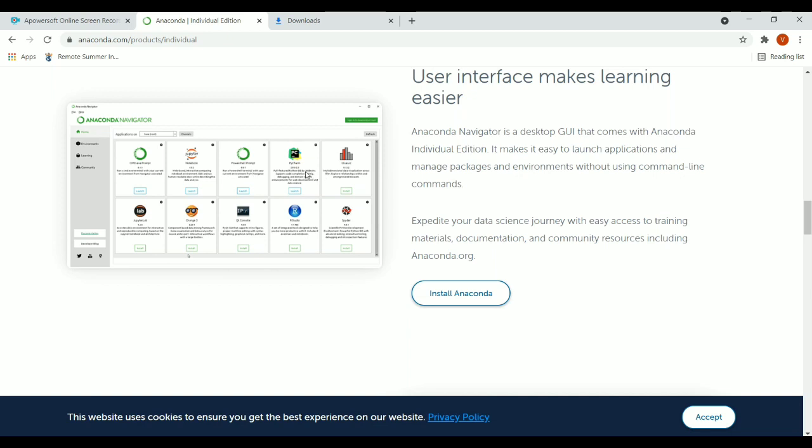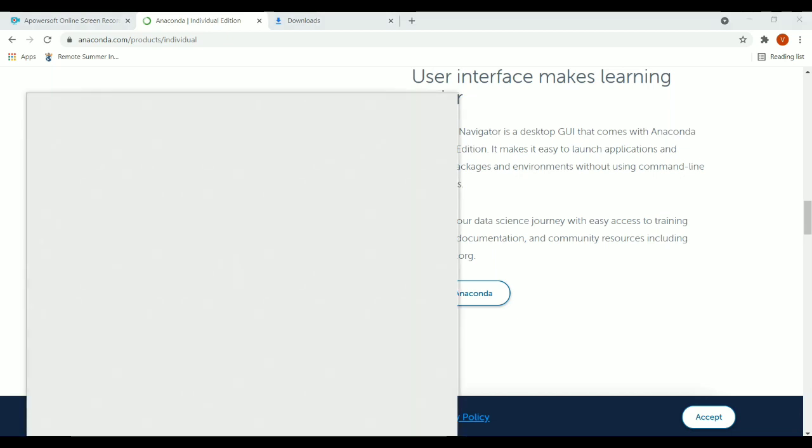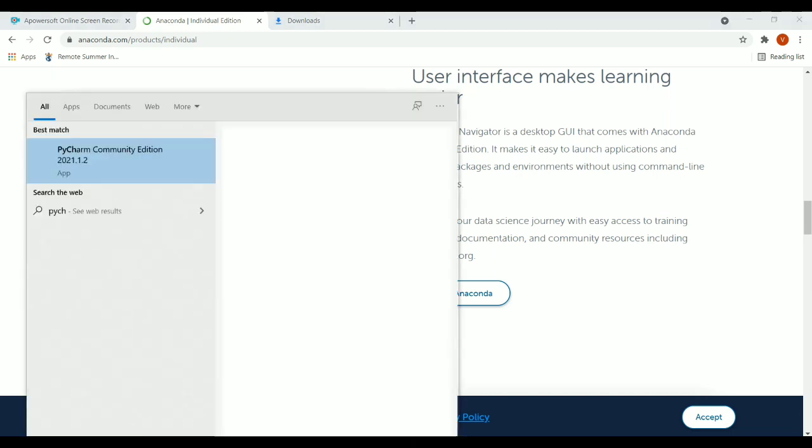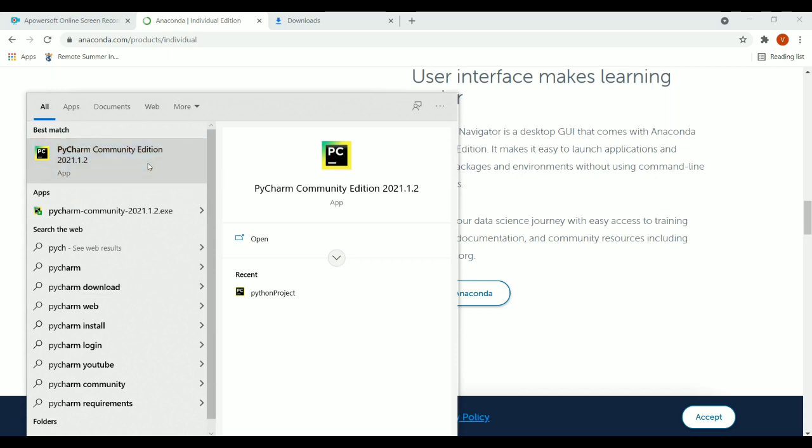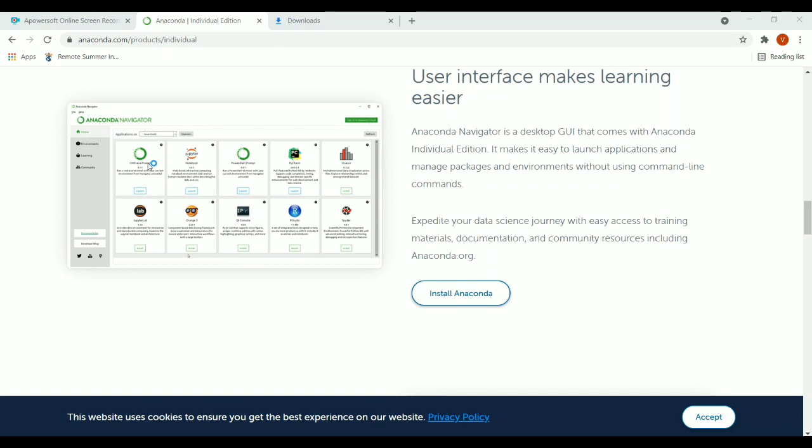This is for PyCharm. Again, PyCharm is one of the editors. Similarly for Java, we use a different editor. Similarly for Python also, PyCharm is one of the editors. You can also see PyCharm. I have installed PyCharm also, so I will show you that too. So we can see PyCharm. So this is PyCharm. PyCharm is also one of the editors which is used to run Python code.